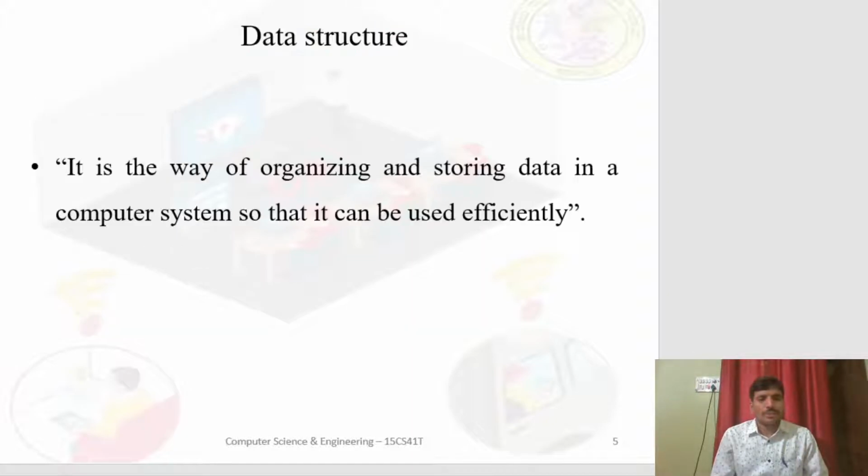Before starting, first let's have a look at the definition of data structures. That is, what is a data structure? A data structure is the way of organizing and storing data in a computer system so that it can be used efficiently. Data structure is organizing and storing.